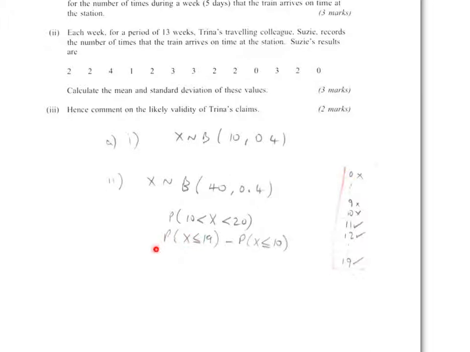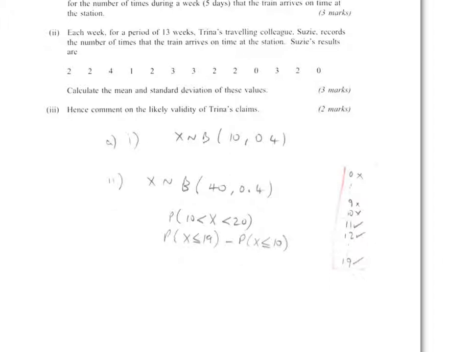So if I do less than or equal to 19, remembering that the calculator only copes with less than or equal to values, that would work out all of this list, and then from it I can subtract less than or equal to 10. Doing a list clearly and thinking about it is very useful because mistakes are very common in this type